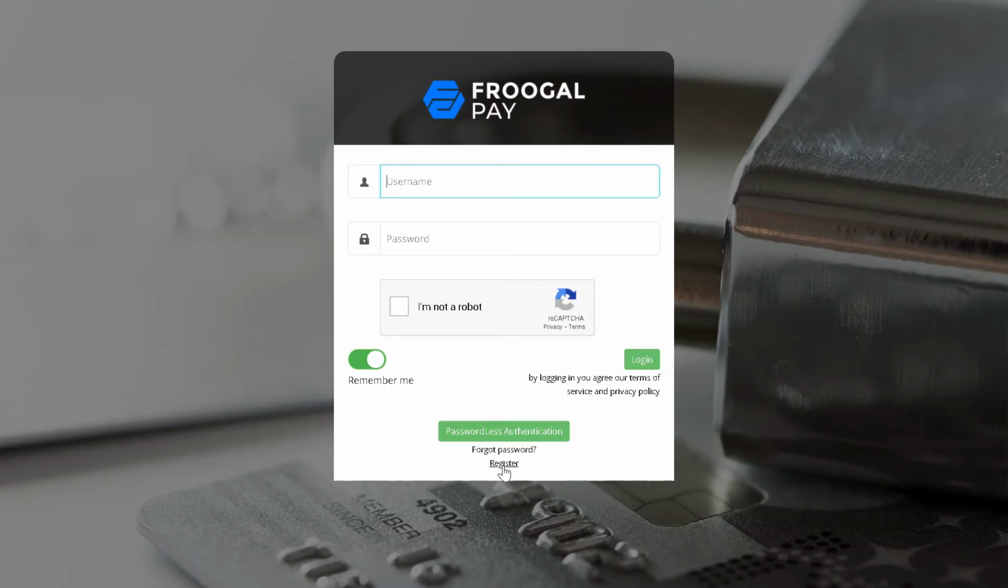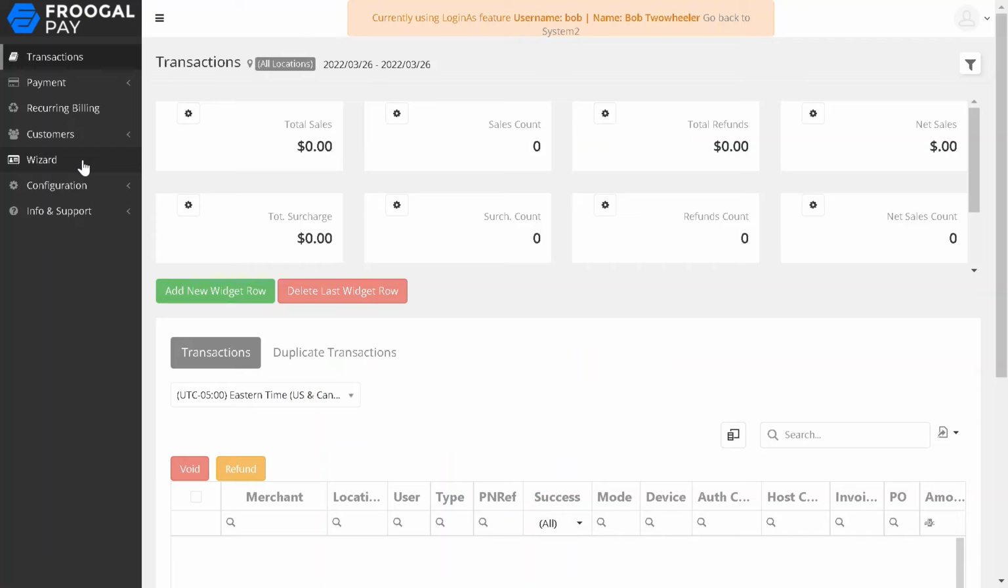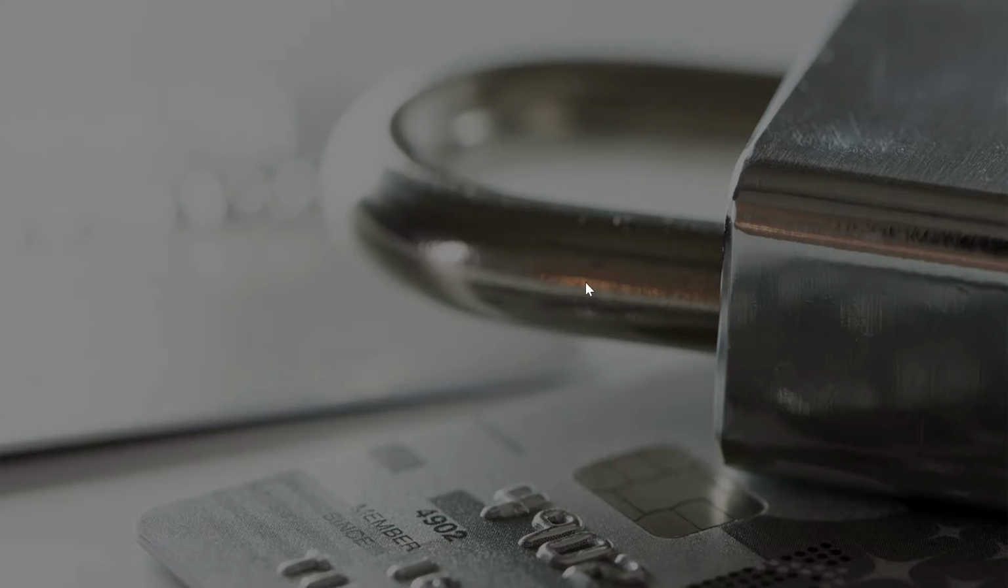FroogalPay provides a wizard that simplifies and streamlines the account creation process. There are two ways to access the wizard. The first is from the sign-in menu, by clicking on the register link at the bottom of the page. The second is accessible once you have logged into FroogalPay, by clicking on the wizard menu link in the left-hand